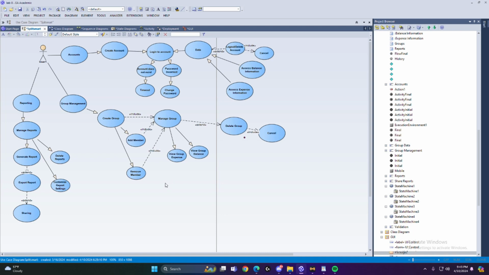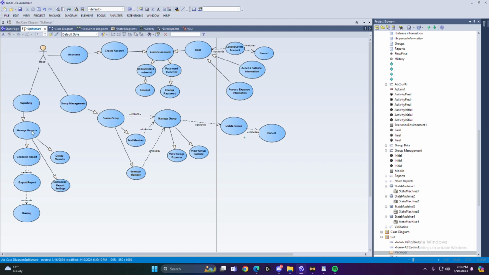Of course, this will help you manage your resources very well, and by doing so, we also added a report phase. This is important because at the end of the month, you want to know what's spent, you want to know your checks and balances, and what to do and not to do for the next month. Of course, we'd be able to manage our reports throughout the reporting use case